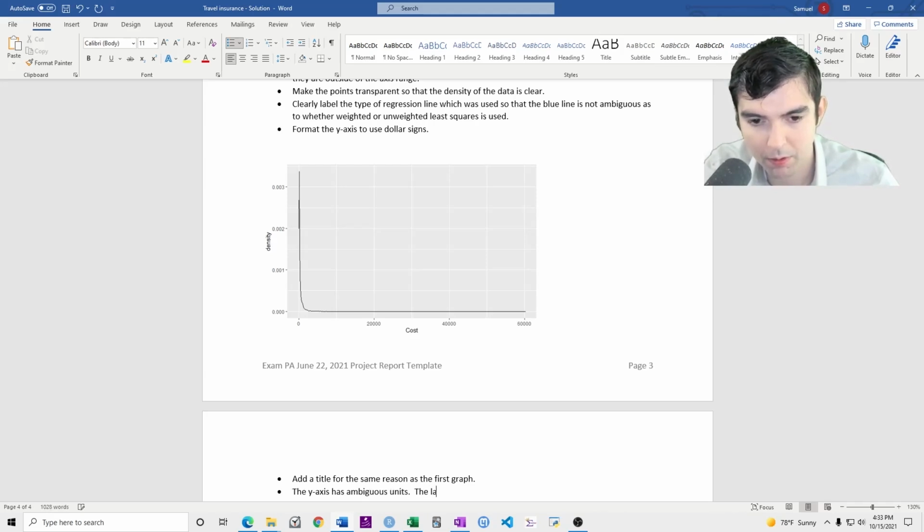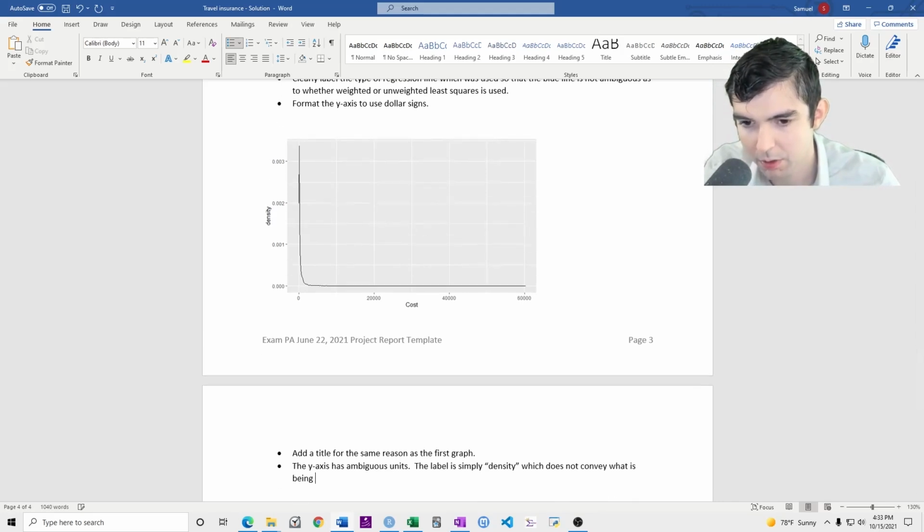The label is simply density, which does not convey what is being shown. So converting this to a count or using a histogram would make the graph easier to read.